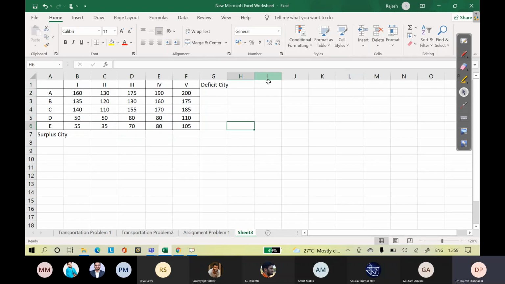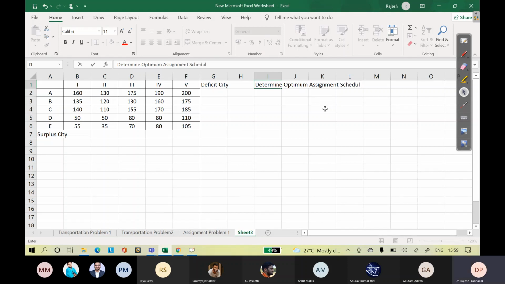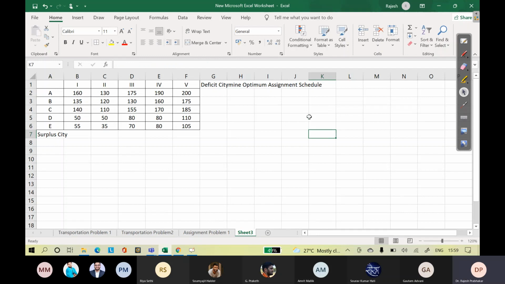So you have to determine the optimum assignment schedule.